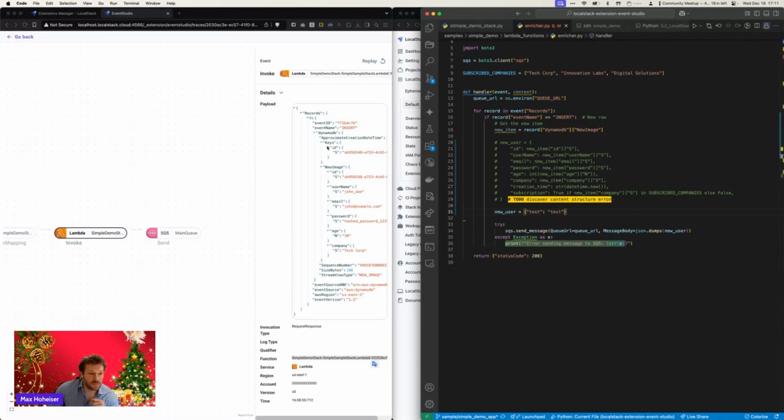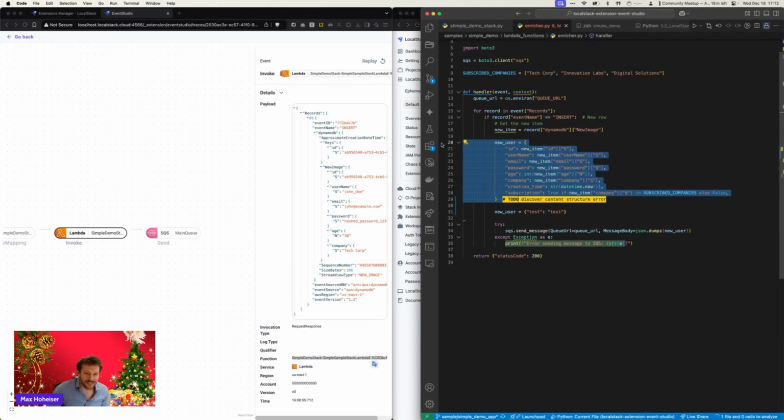So this shows me that we have an event name, insert. Okay, I'm only interested in insert, already got that. Then we have the new image. Okay, this is apparently the new data which I'm interested in. And we have it via keys for each column and then the type, string or number, and the data. Okay. Here I'm a bit lazy, so I already have that